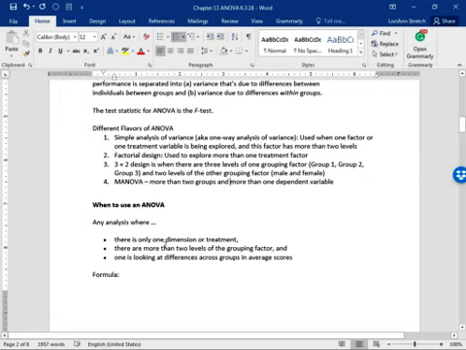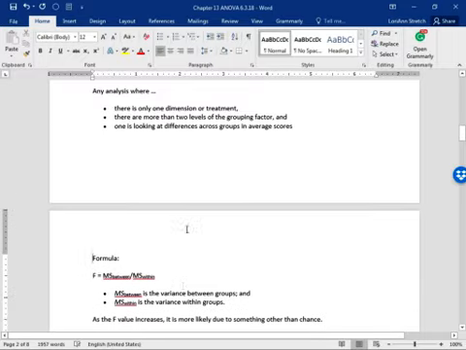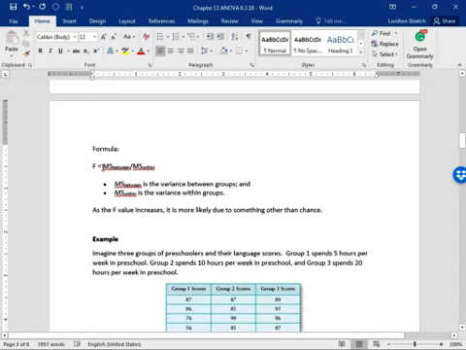When there's one dimension or treatment, there are more than two levels of a grouping factor, and we're looking at differences across the groups in those scores. Now here's the formula. It seems pretty simple, but it's pretty complicated to build, and we'll talk about that in a minute when we do our example. So the F score equals the